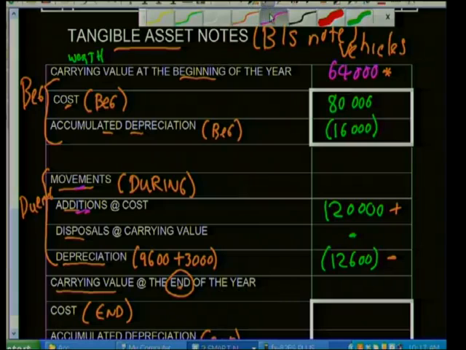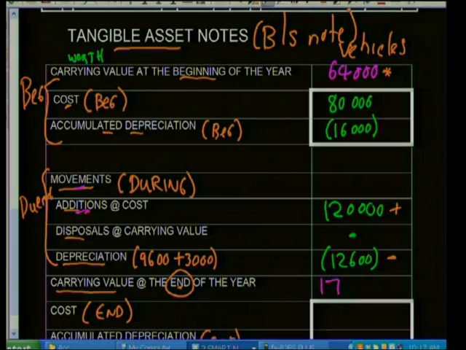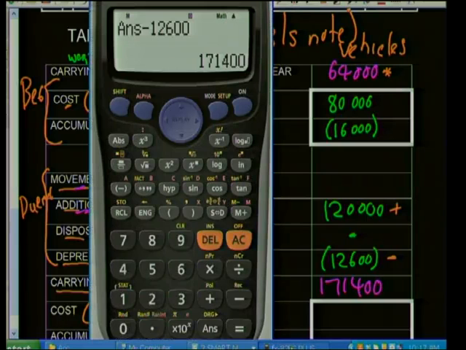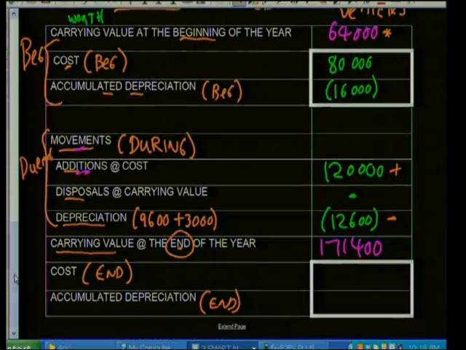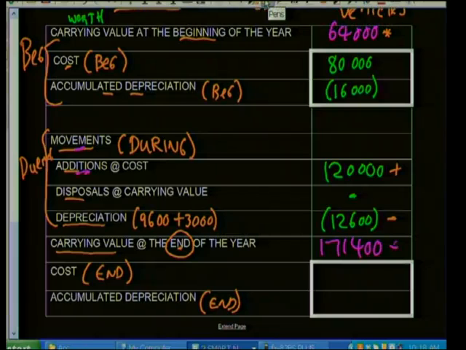Okay, so 171,400. Right, so that is my carrying value at the end of the financial year. Then, guys, the last part to this actual note, we're now doing what I like to call a recon. So we're simply going to check whether this total is correct. We're going to take our cost at the end of the year as well as accumulated depreciation at the end of the year, and subtract these two amounts to see if we still get a carrying value at the end of the year of